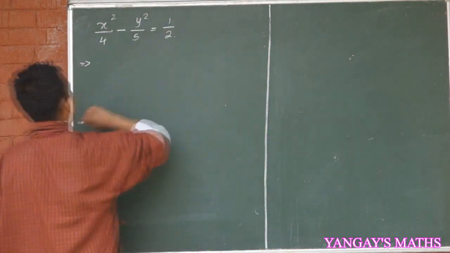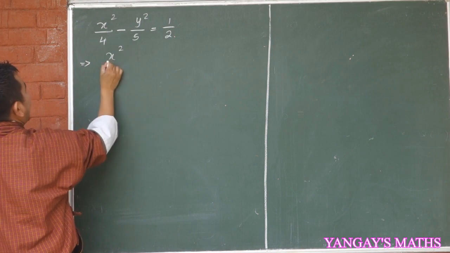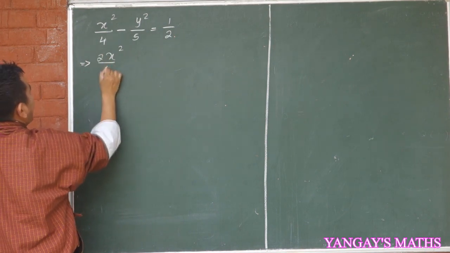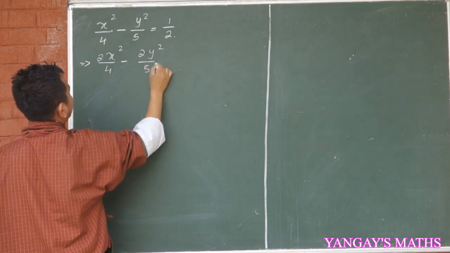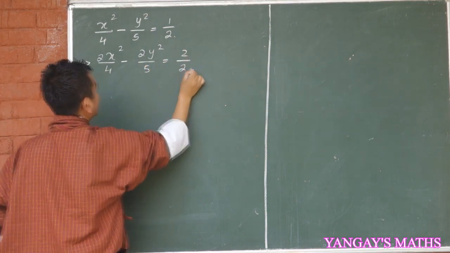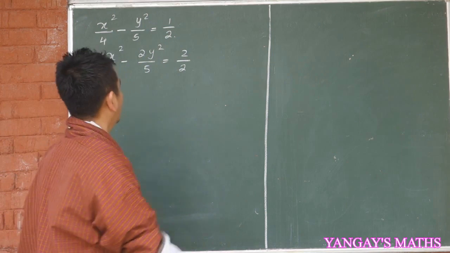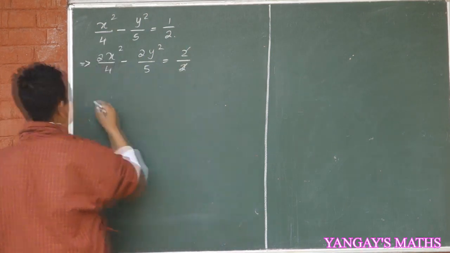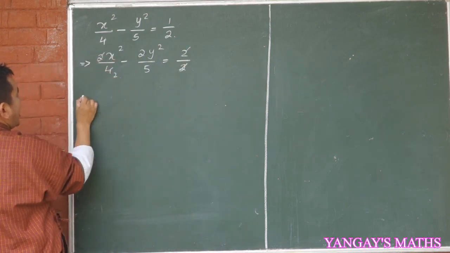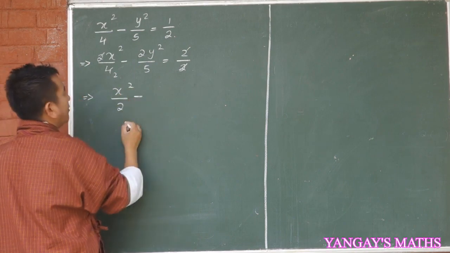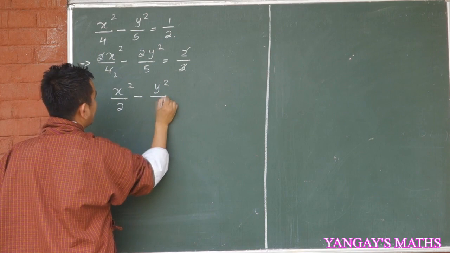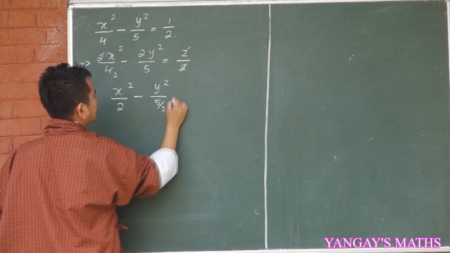So here you multiply by 2, you will get 2x square by 4 minus 2y square by 5 is equivalent to 2 by 2. I am multiplying both sides by 2. Definitely this 2 will get cancelled, 2 and 2 to the 4. The equation we have here is x squared by 2 minus y squared by 5 by 2